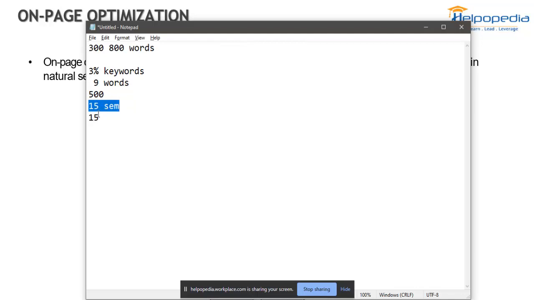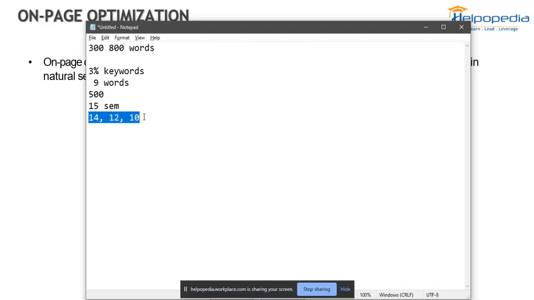If we use all the keywords 15 times, then Google will not know whether this article is on search engine marketing or any other thing. So we can use it a little less, say 14 times, or 12 times, or 10 times. Like this we need to use them. Then if anyone is searching for any supporting keywords, our content will also come up.